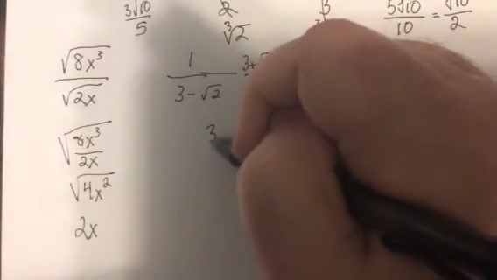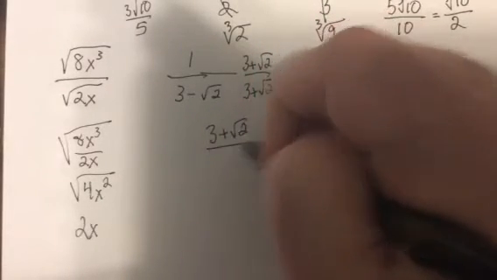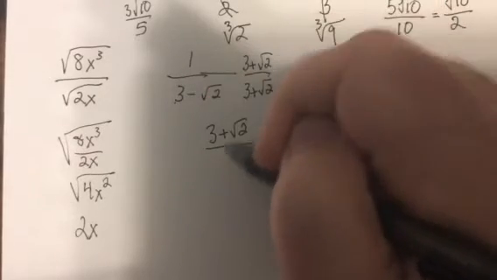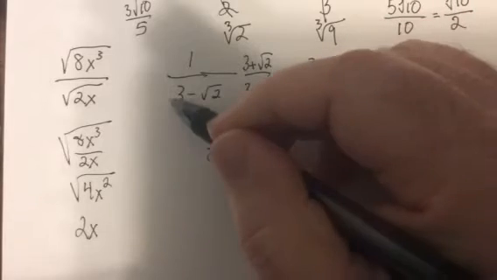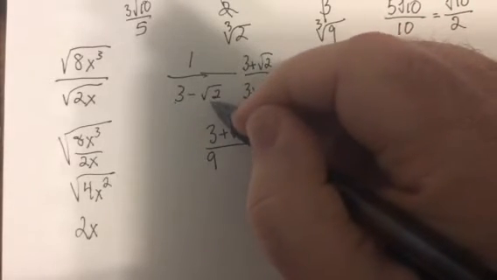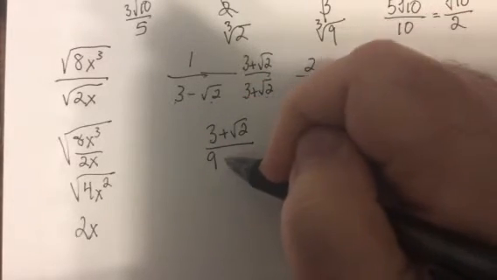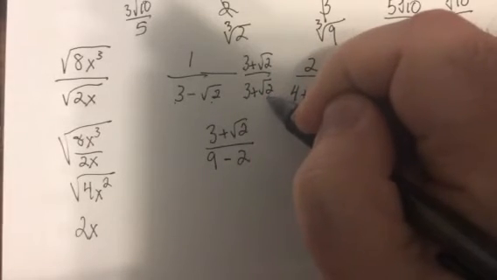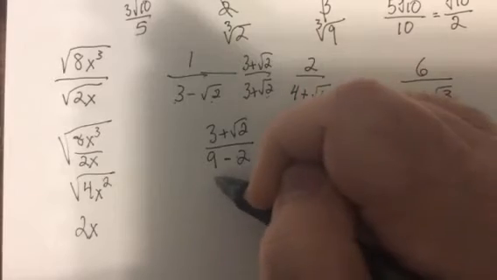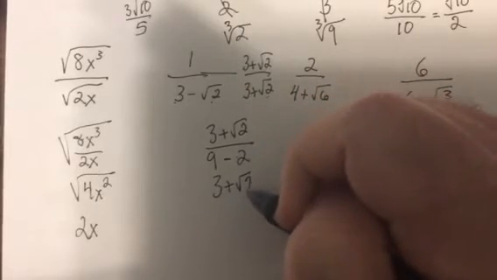So this would be 3 plus square root of 2 over 3 times 3 is 9, minus 3 square root of 2 plus 3 square root of 2 is 0. And minus square root of 2 times square root of 2 would be minus 2. Because square root of 2 times square root of 2 is square root of 4. Square root of 4 is 2. So the answer is 3 plus square root of 2